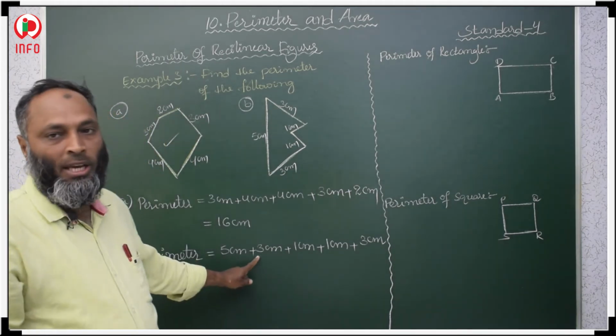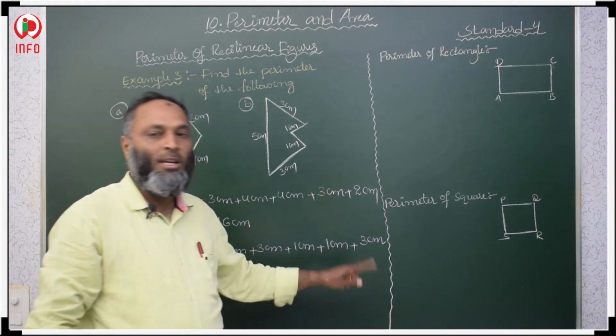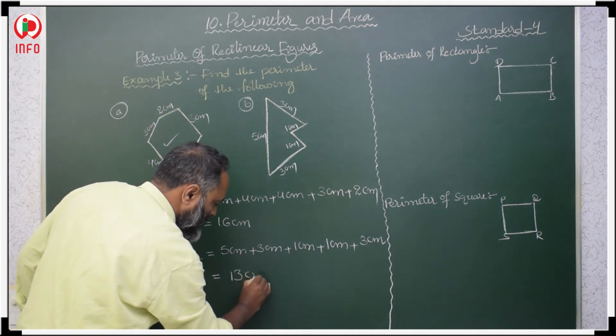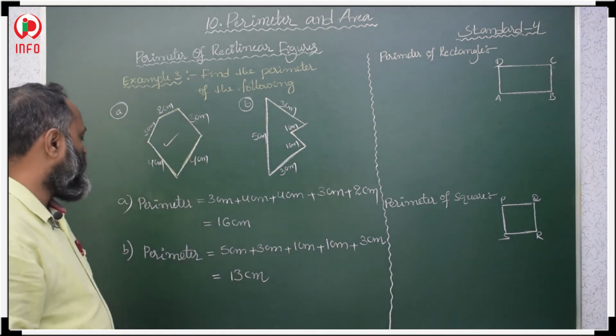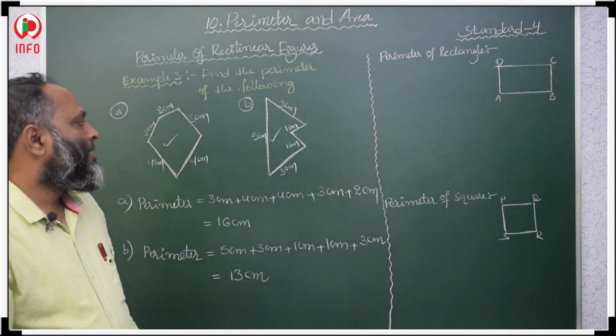5 plus 3 is 8, 8 plus 1 is 9, 9 plus 1 is 10, 10 plus 3 is 13. So the perimeter is 13 centimeters. Okay. So now